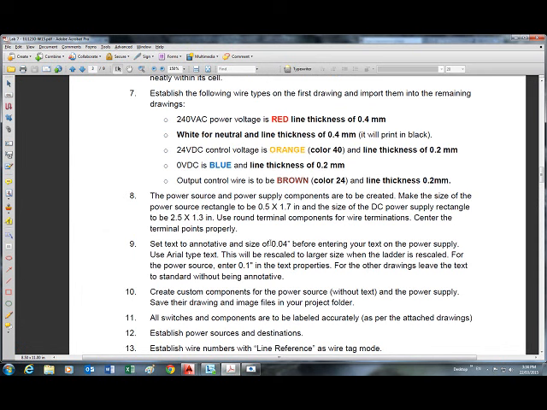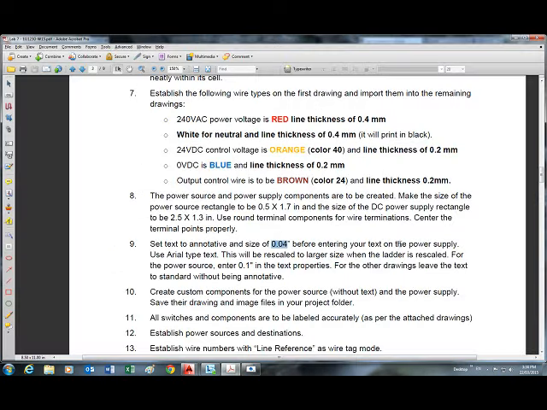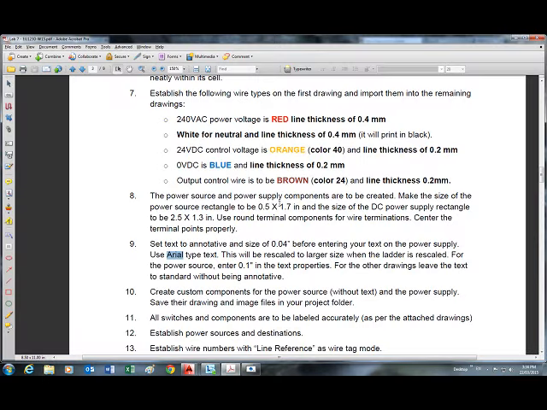There's that 0.04 of an inch, which is really very small, but we will rescale the drawing and that will take care of enlarging it. Also, it says use Arial type text, so we're going to change this to Arial. Apply, close, and I'm ready to